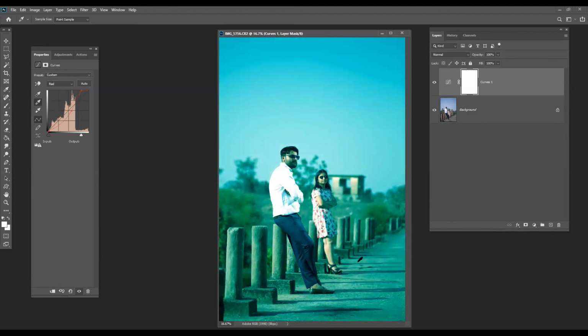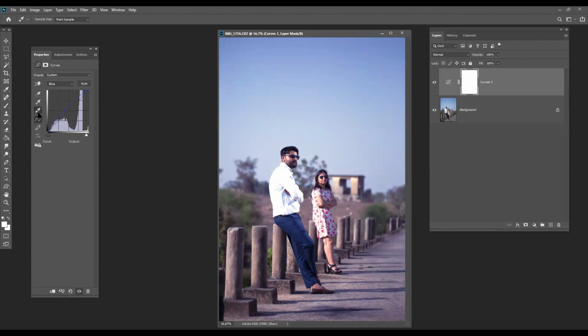Take a gray point and start playing with the areas. It will give you various kinds of castings, which works more like a gradient map. As we change the areas, you will see changes in the red, a little in the greens, a little in the blues.